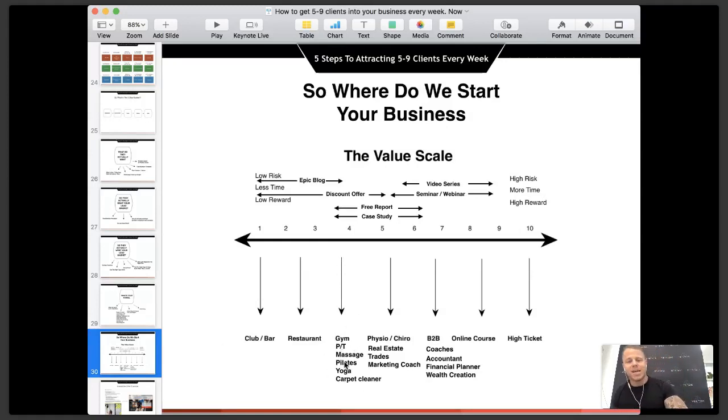Then we have essentially the 3 to 4 marketplace here. This is our gyms, PTs, massage, Pilates, yoga, carpet cleaner. Discount offers work great. Retail, I'll tell you retail in a second. It's actually down the bottom end here, David. With gyms, PT, massage, Pilates and yoga, this is a discount offer. Personal trainers, you can use this, the mobile personal trainers. The gyms, you can also do this. For the 24-hour gym, you could couple it with a personal training session. It could be a 28 day gym membership for $48 plus a PT session and a nutrition consultation.